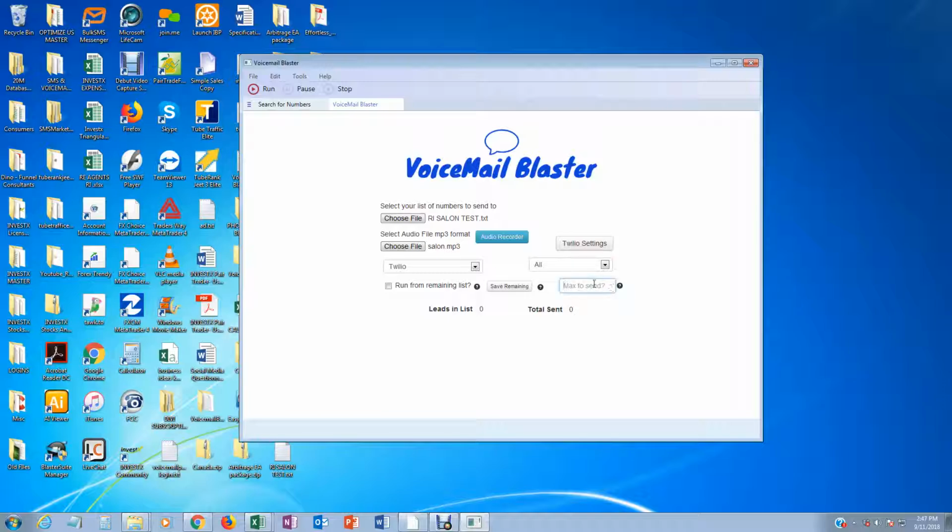After that, we put how many we want to send. For the sake of this test, I'll just send out 10 messages. And then once you send, you press run. As you can see, on that list of 6,100 and something numbers, 5,650 are actually verified phone numbers. And now it's automatically sending my message out to 2, 3,